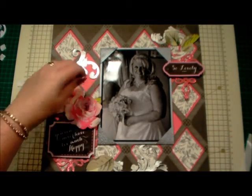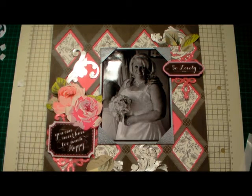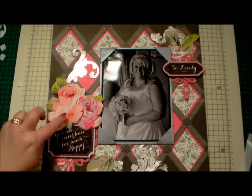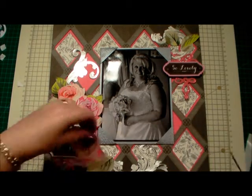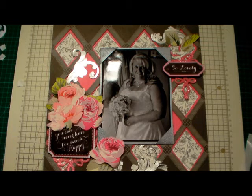Just overlap them a little bit, and because we've used the wet glue, we've got time to be able to move them about a little bit and manipulate them to where we want them to go and in the right position. So that's just going to make it easier really to be able to move them and manipulate them. And we just keep adding the flowers